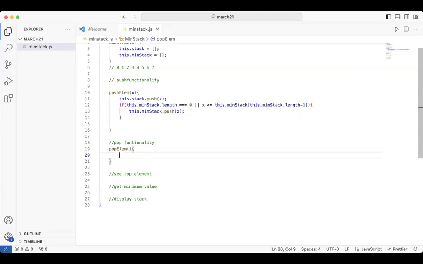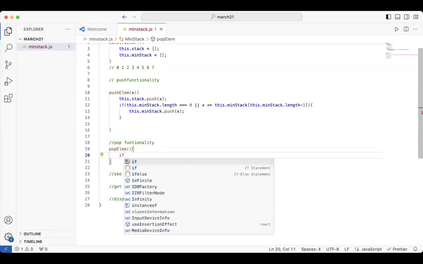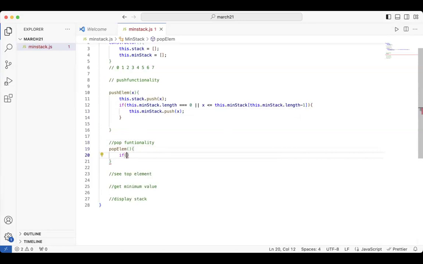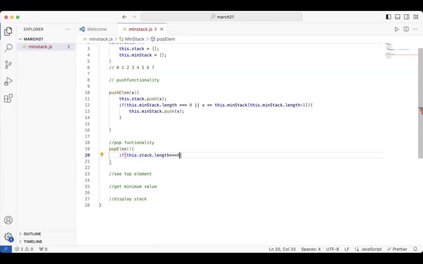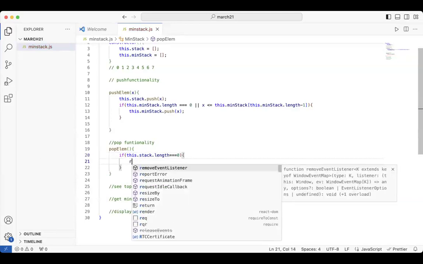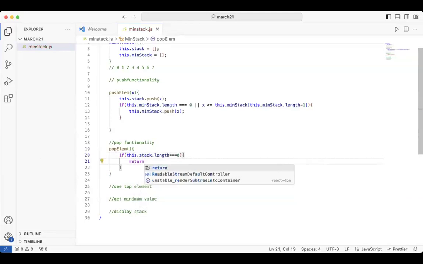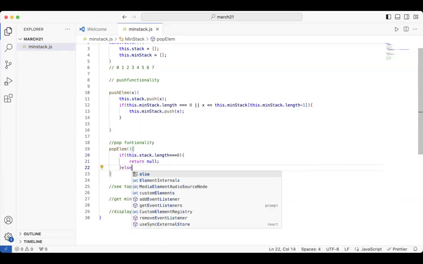So for this, the first thing that I would probably check is if this.stack.length is equal to 0, which means if the stack is empty or not. Now, in a case where this is 0, what I can do is straight just return null, right? Otherwise, what I can do is